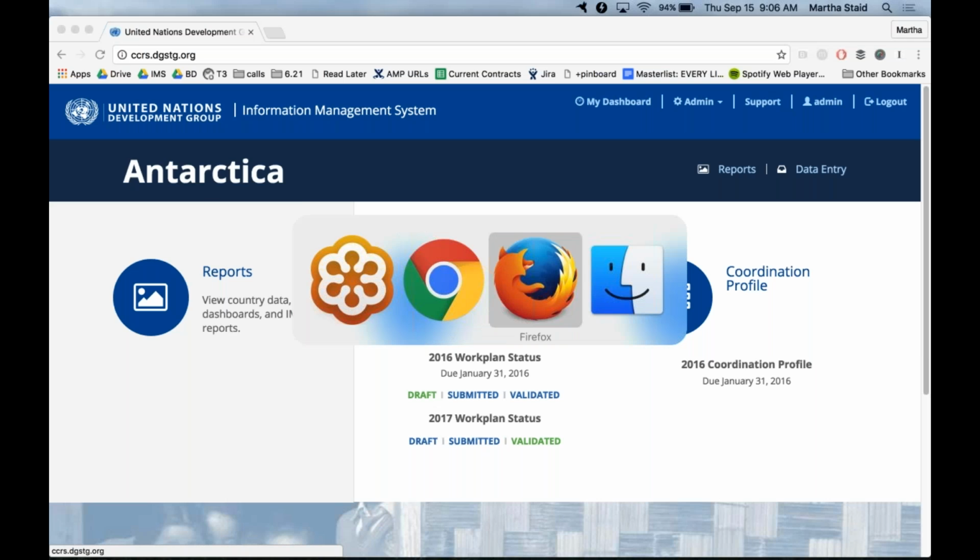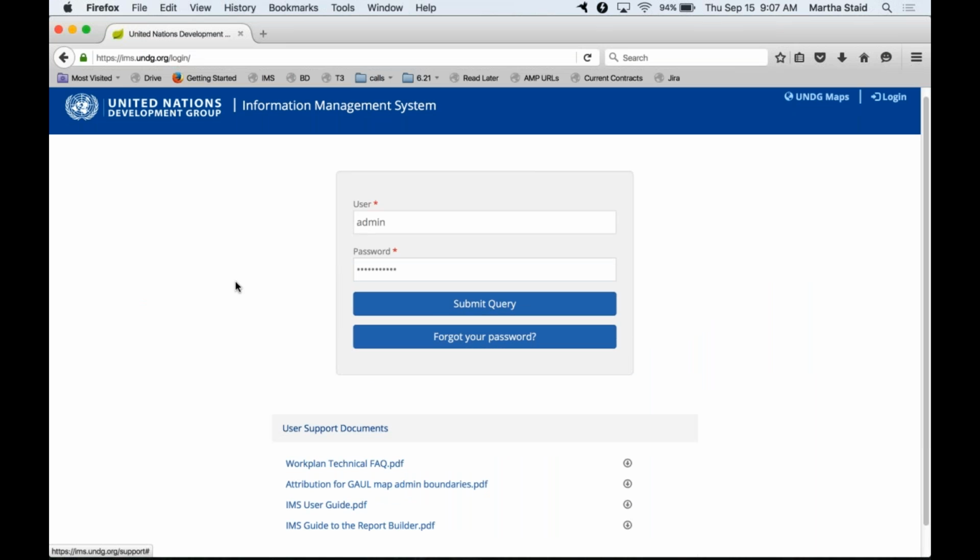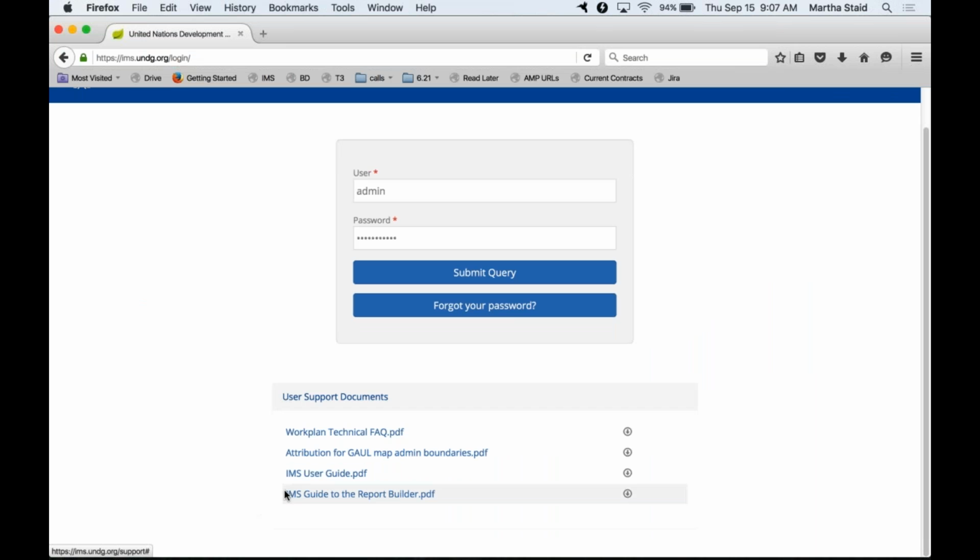I'm going to begin by mentioning that there is a specific separate user guide just for the report builder, which you can download on the front page of the site without even logging in. Right below the login box, there is a list of documents which can be downloaded. It's currently the bottom one, the IMS Guide to the Report Builder, which is a supplement to the main IMS user guide.